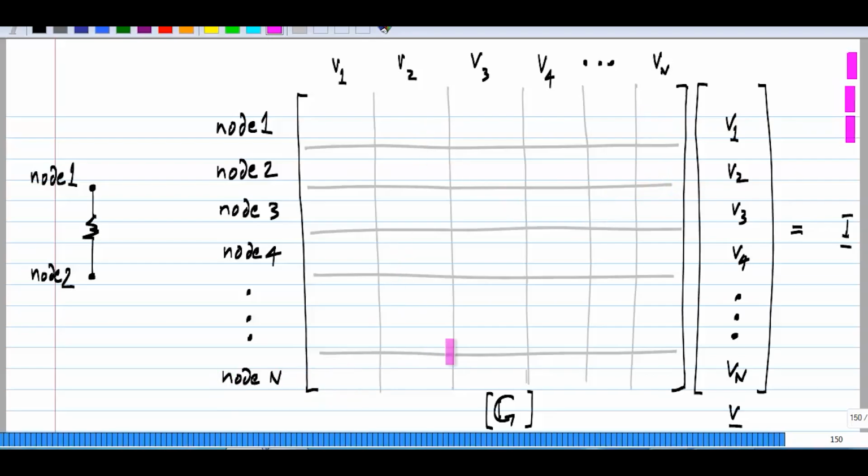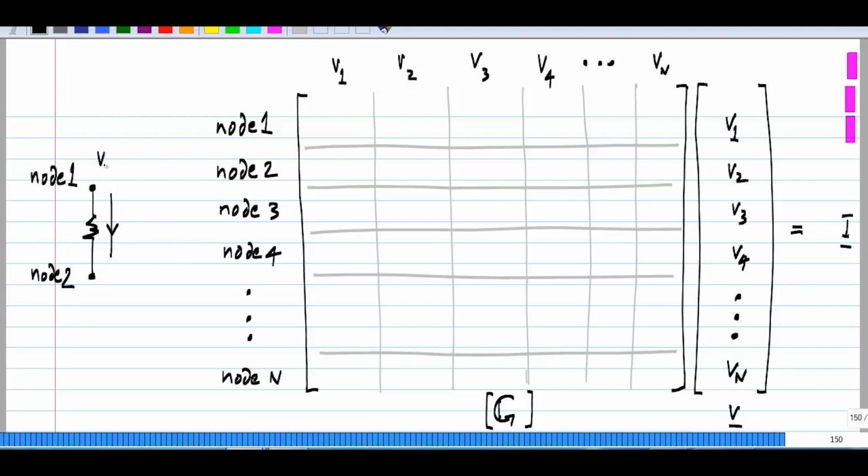There are a total of n plus 1 nodes in the circuit. Excluding the reference node, we will have n nodes. And I've also shown these columns, and you know that the entries in the first column multiply V1, the entries in the second column multiply V2, and so on. So I've shown V1, V2, V3, V4 on top just for easy readability. Now let's see if a resistance is connected between nodes 1 and 2, what happens to it? How does it contribute to this conductance matrix? So there will be a current,